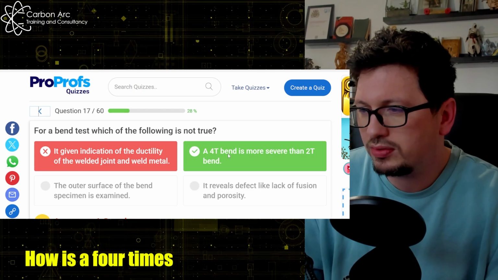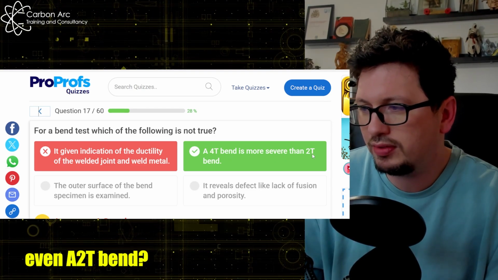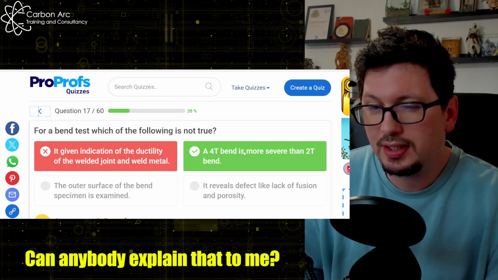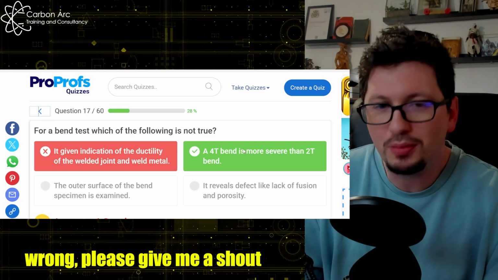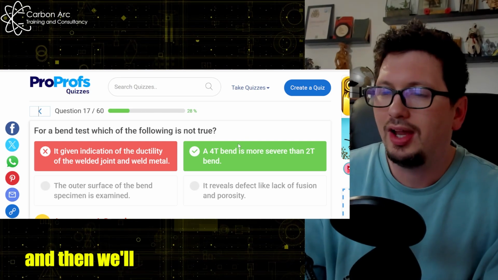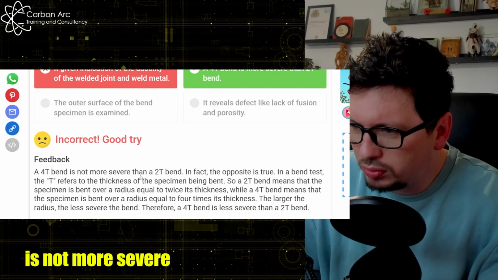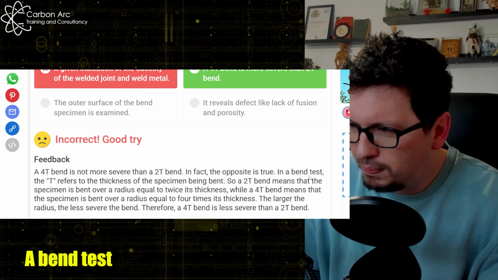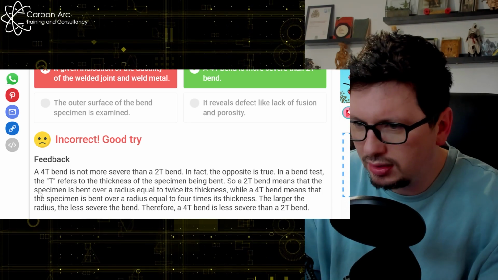How is a 4 times thickness bend more severe than a 2T bend? Can anybody explain that to me? If I'm reading this question wrong, please give me a shout, comments below, and then we'll see how it is. But a 4T bend is not more severe than a 2T bend. In fact, the opposite is true. A bend test refers to the thickness of the sample, so a 2T bend means